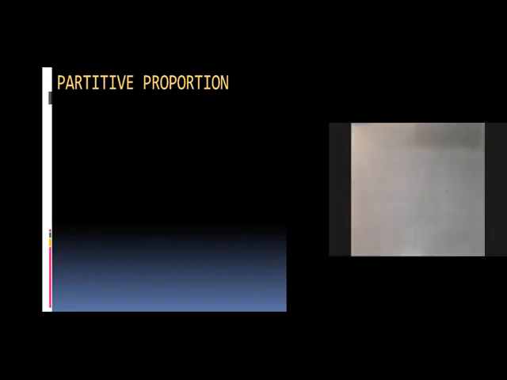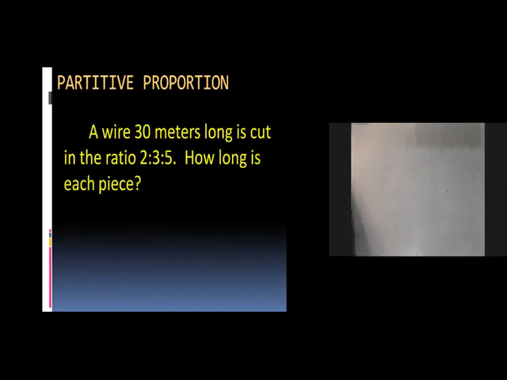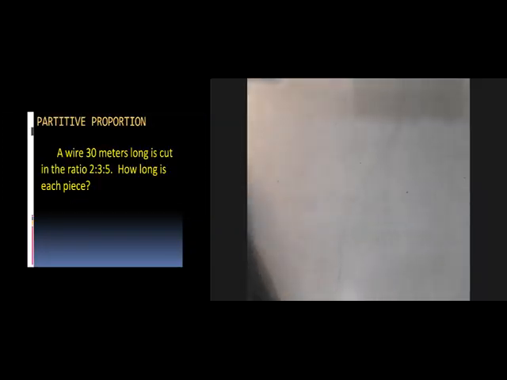Our first problem is about a certain length of wire. A wire 30 meters long is cut in the ratio 2:3:5. How long is each piece? Okay, paano natin i-confirm kung ito ay partitive proportion? Una, we have the word cut. Ayun, yung word na cut. Cut in the ratio